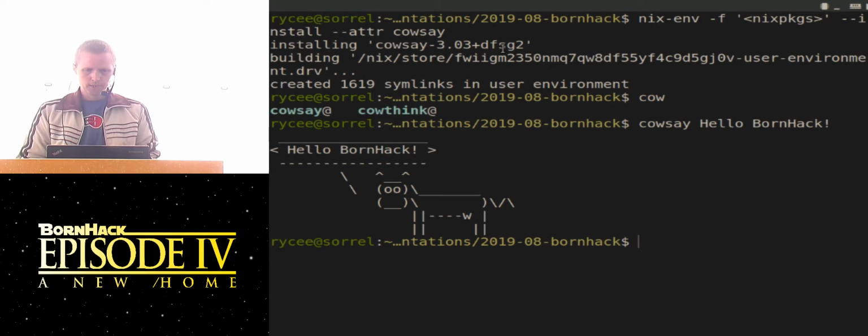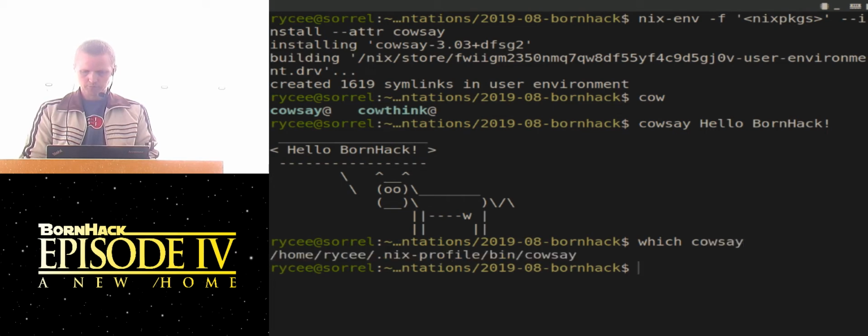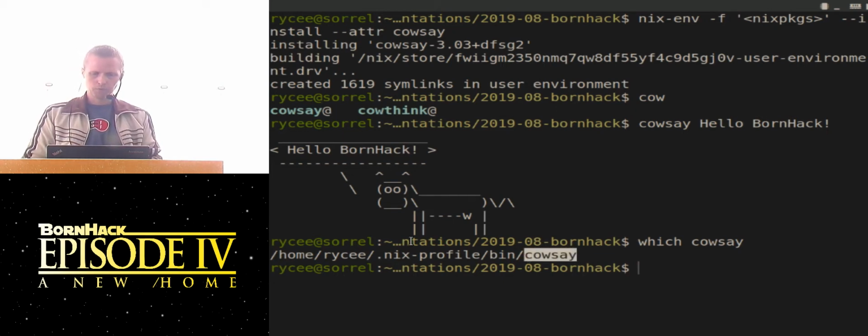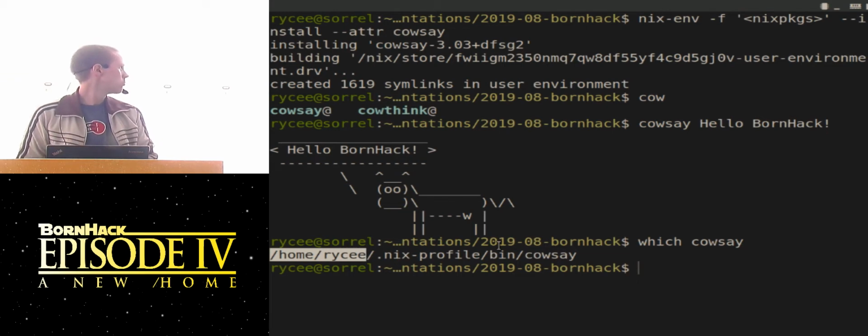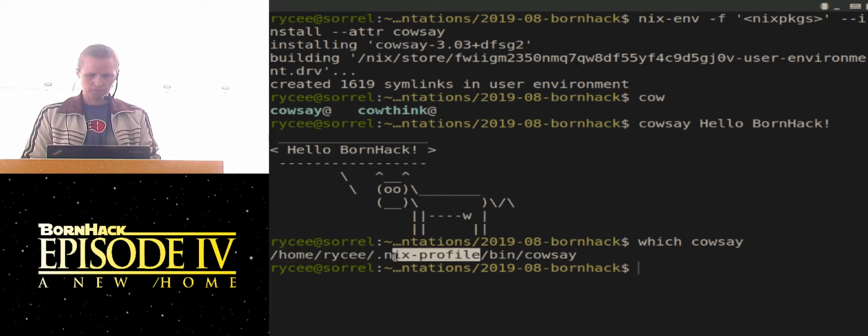Now you'll notice that when I installed, let me just say which cowsay. When I installed, it actually placed the cowsay executable inside my home directory. So my username here is ryc, so it placed inside my home directory a folder called .nix-profile, which is basically just a directory containing the packages I've installed into my user environment.